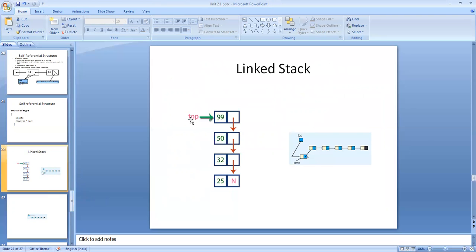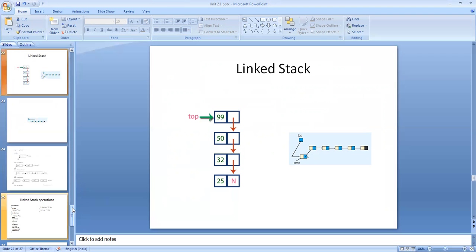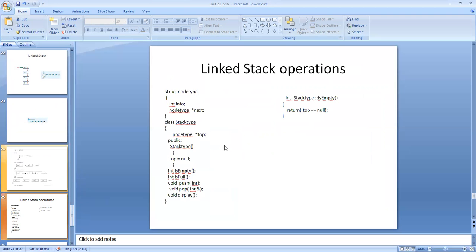See, top is a pointer variable. It will always point to the node having the topmost element of the stack. So I declare one private member variable top that will point to node type values. What is this node type? It is a structure having two members.